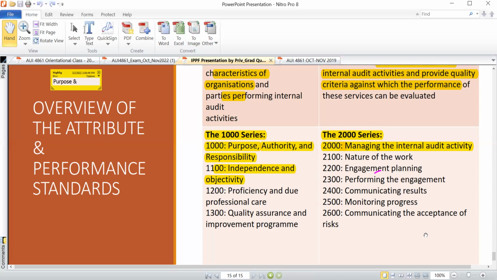Now, when they decide to do that, what is then our responsibility when management decide to continue business as usual? That's what you'll see described clearly in Standard 2600, describing the responsibility that we as the internal audit activity would have in a scenario where management decides to accept the risks they are faced with, maybe in the way they are running their day-to-day activity, right? So obviously what we would have to do there, just as a high-level overview, is communicate that decision of management to the board, so that the board is aware of what management have decided to do,